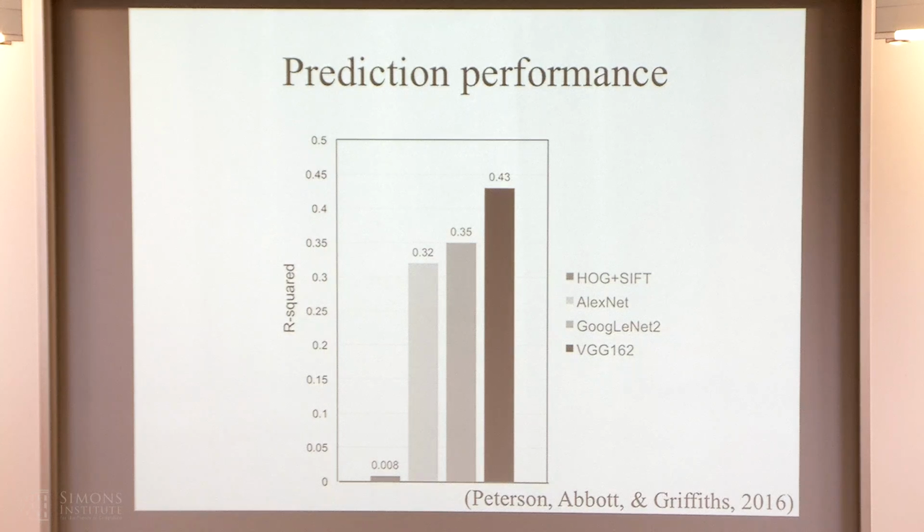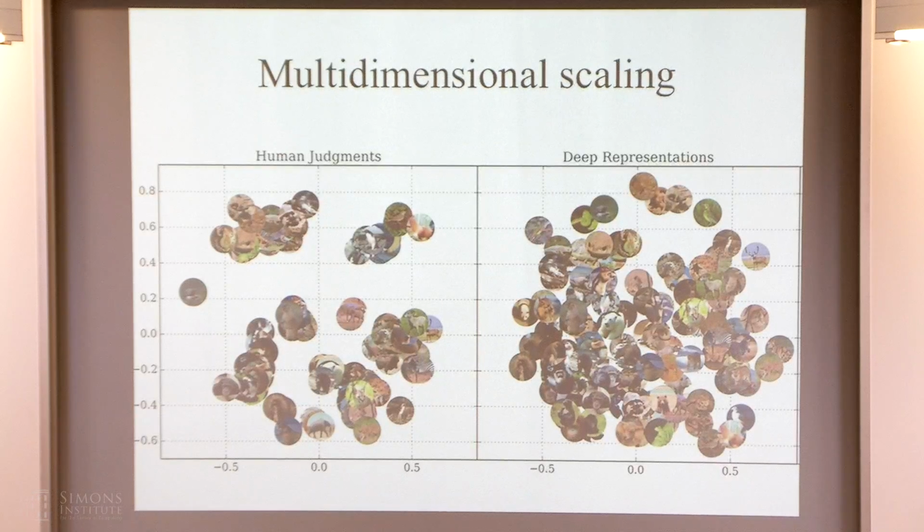Using some of these methods like multidimensional scaling gives you a better sense of what's going on. This is just taking the best fitting of those, I think for the VGG representation. Here, this is a multidimensional scaling solution constructed from human judgments. And over here, this is the multidimensional scaling solution from the network. What you should be able to see is that there's a difference between these. There are these clusters that appear in the human judgments, and those clusters basically correspond to different taxonomic groups. Up here we have reptiles and amphibians. This is birds. Down here, this is primates. These are some large mammals.